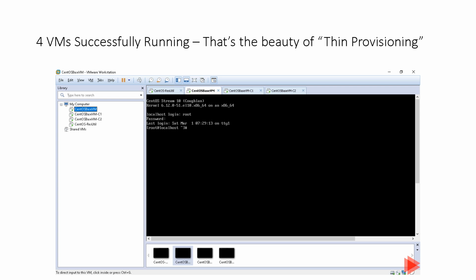In a few scenarios, there may be a multi-tier kind of environment. That means one VM can be used as a web server, another as a database server, another as a file server, and the fourth one as an FTP server or whatever. There are so many servers that can be configured on CentOS. So assuming that I need 4 machines on my physical laptop, I am able to comfortably run all the